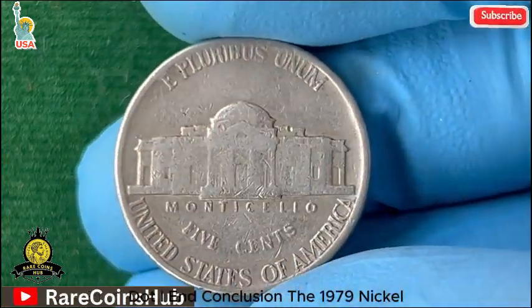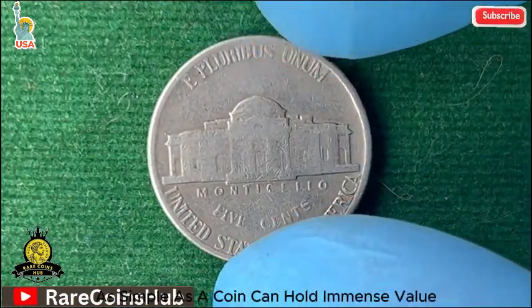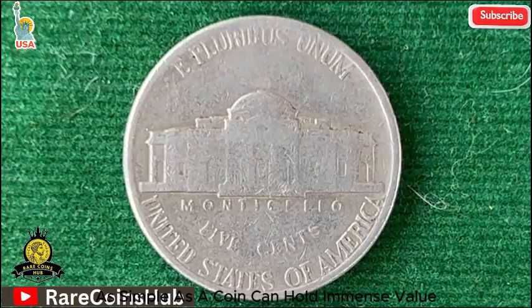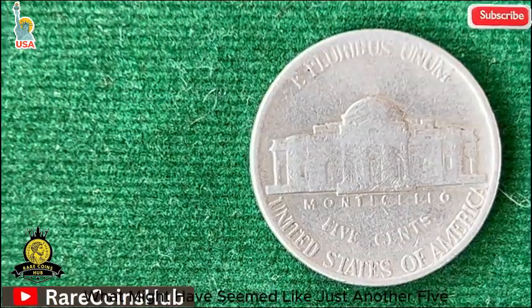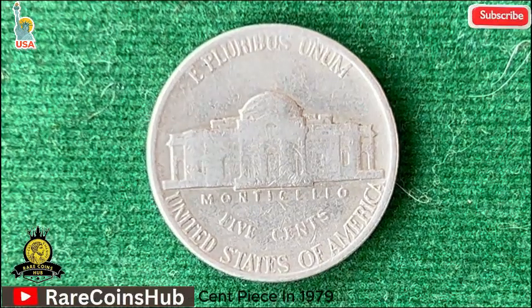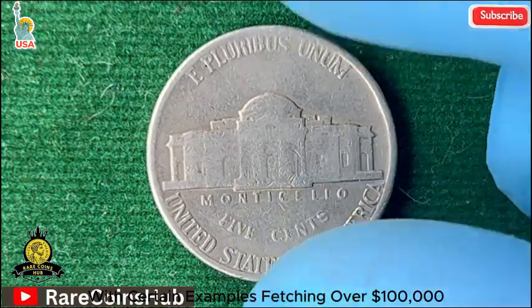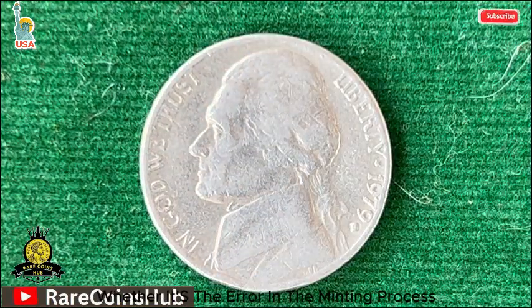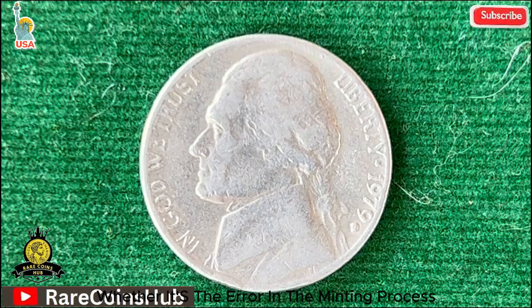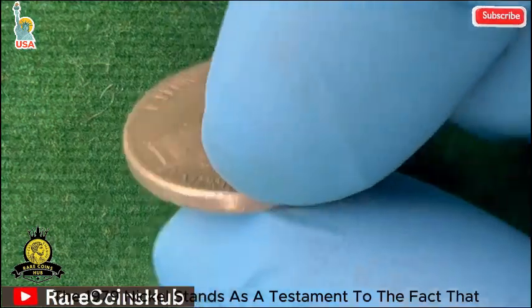In conclusion, the 1979 nickel is a prime example of how something as simple as a coin can hold immense value, both historically and financially. What might have seemed like just another 5-cent piece in 1979 is now a collectible treasure, with certain examples fetching over $100,000. Whether it's the error in the minting process, the quality of preservation, or the intriguing backstory,